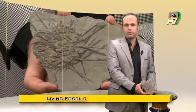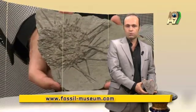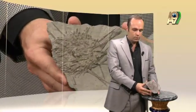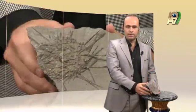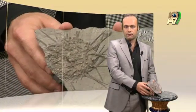Today we shall be presenting a 354 million-year-old sea urchin. This is a fossil found in the USA. It belongs to a sea urchin that lived 354 million years ago. As you know, today's sea urchins have a round and spiky appearance. If we now imagine this specimen being pressed and flattened from on top, we can gain some idea of how